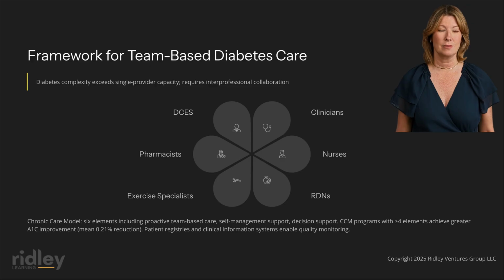The complexity of diabetes management, encompassing glycemic control, medication management, lifestyle modification, complication prevention, and psychosocial support, exceeds the capacity of any single healthcare professional and necessitates a collaborative, interprofessional approach. The American Diabetes Association recommends that people with diabetes receive care from a coordinated team that may include diabetes care and education specialists, primary care and subspecialty clinicians, nurses, registered dietitian nutritionists, exercise specialists, pharmacists, dentists, podiatrists, and behavioral health